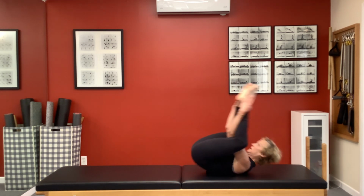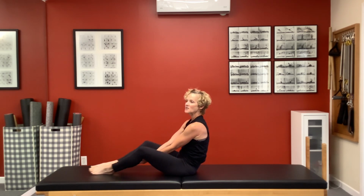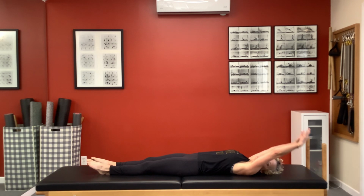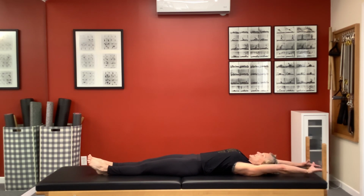1 more, back, and up, and lower your feet, straighten your legs, roll down onto your back, reach your arms over your head, and just like we started, just move everything around. Just taking a moment, feel what you've accomplished. As we were moving,